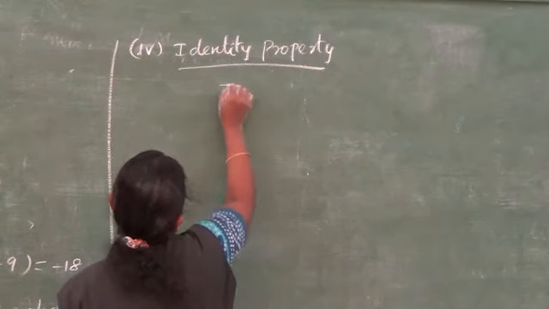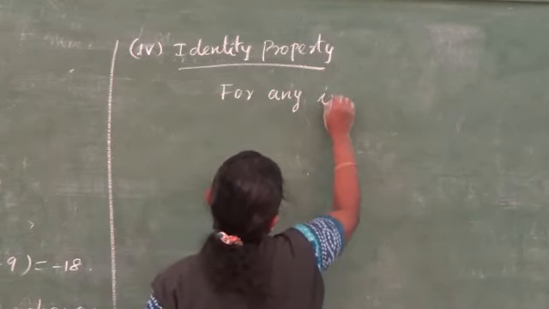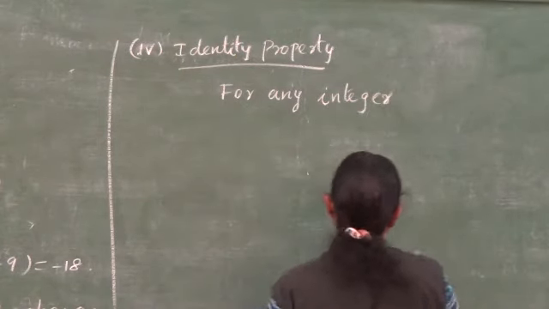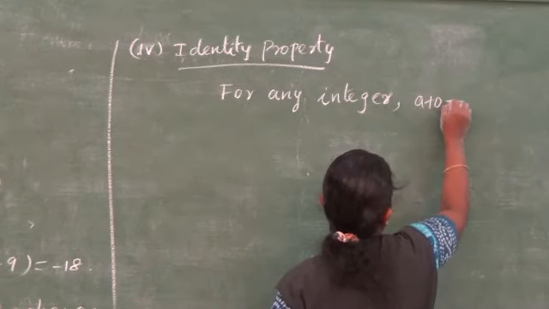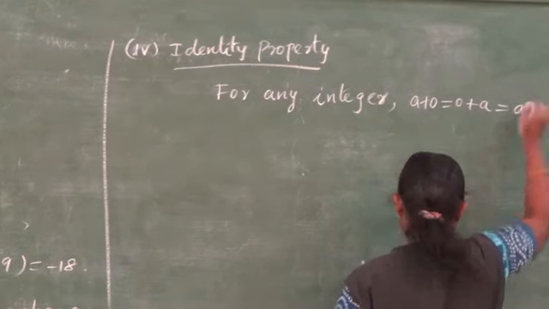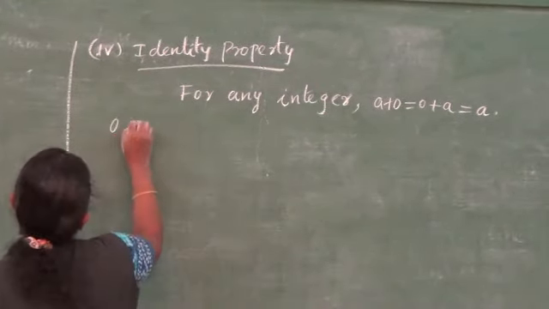For any integer a, a plus 0 equal to 0 plus a equal to a. 0 is the